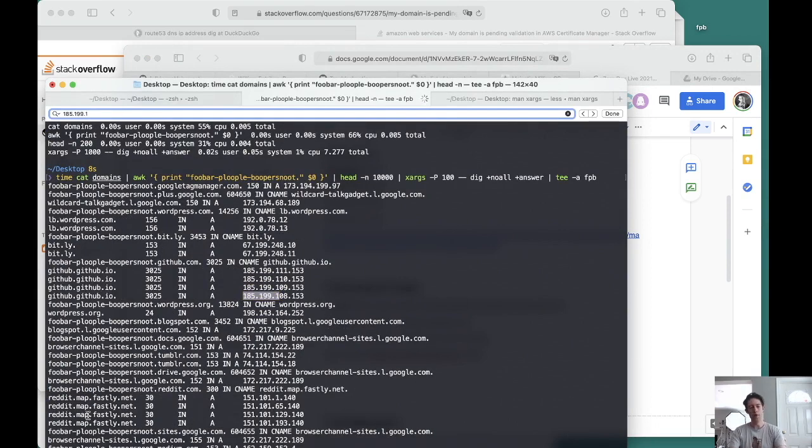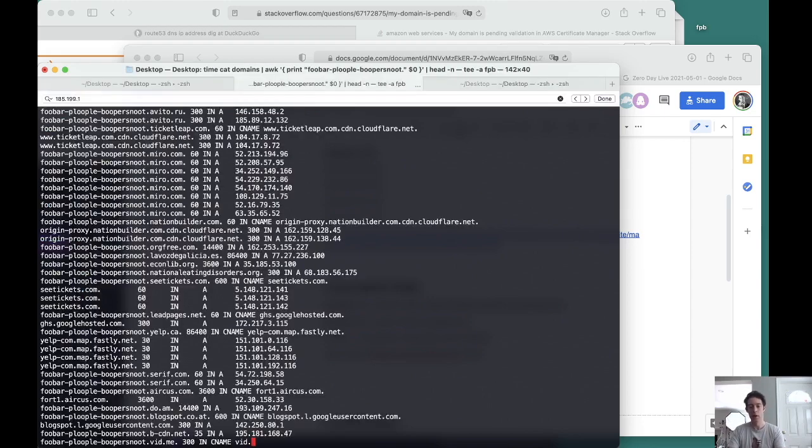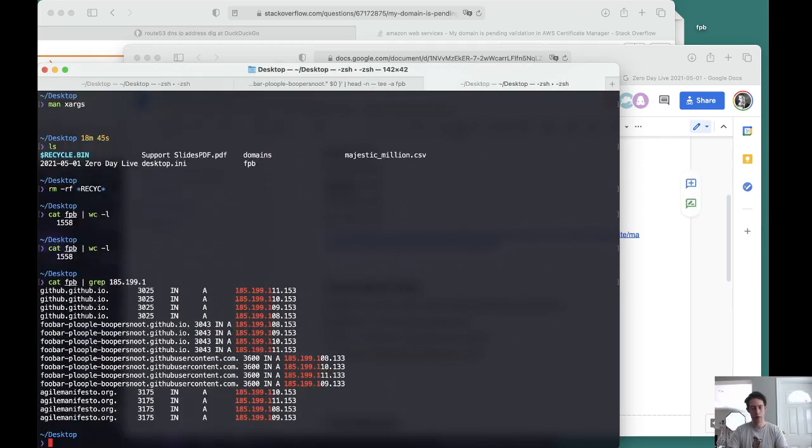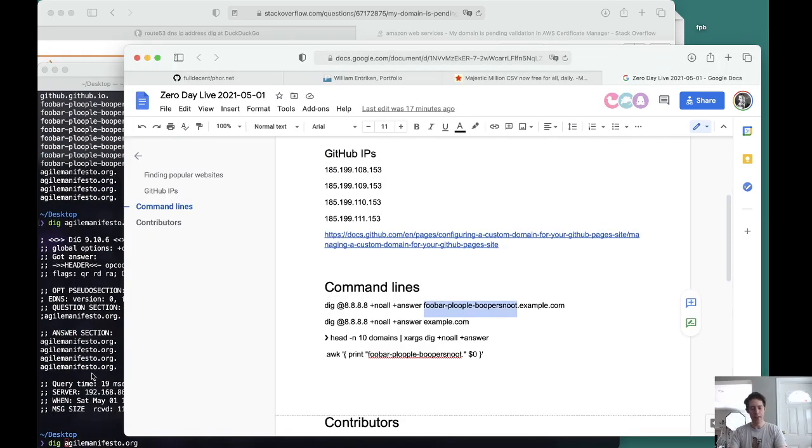All right, so one of them does, github.github.io does resolve to GitHub. Not really helpful. GitHub is expecting people on their subdomains. We can take the output file and see how many we got. So we tried 100, we tried 10,000, 1,500 domains here are using some type of a wildcard. Okay, oh, looks like we found one. Agile Manifesto. We can just check this one. All right, so let's try it. Let's see if we found one.